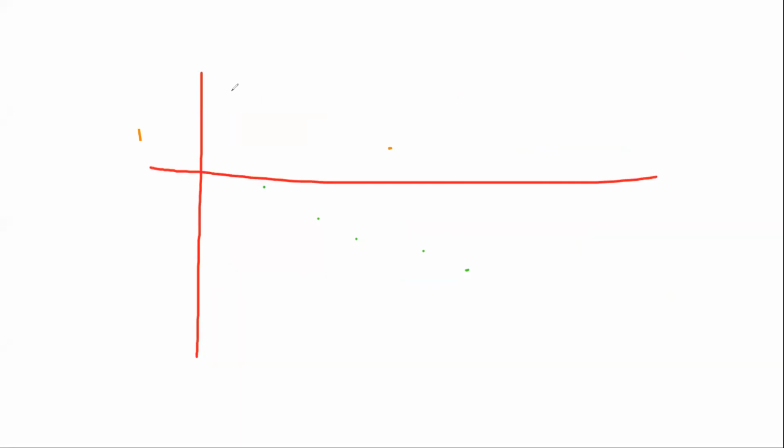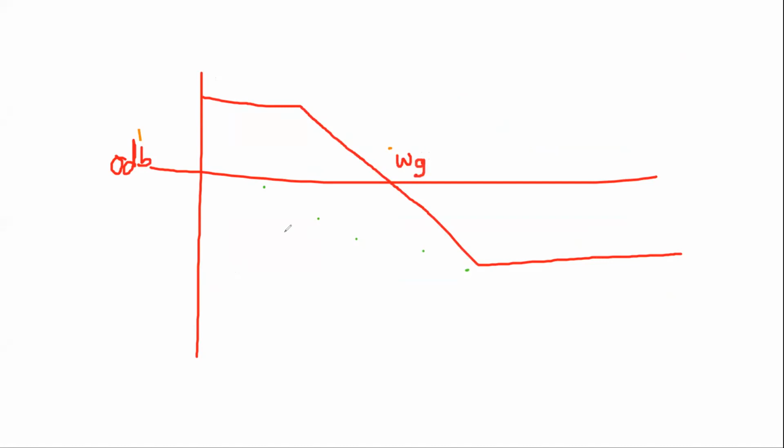So here I have my magnitude plot. This is my magnitude plot where your 0 dB is being crossed by some frequency, which is omega g. So the point where the magnitude plot crosses 0 dB is omega g, that we have to find out from the plot, whatever we are trying to plot.